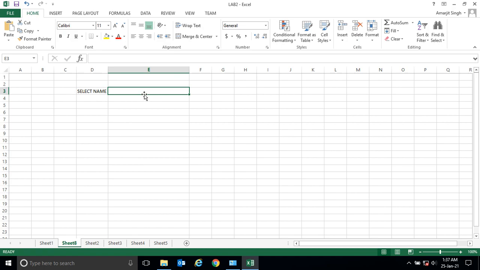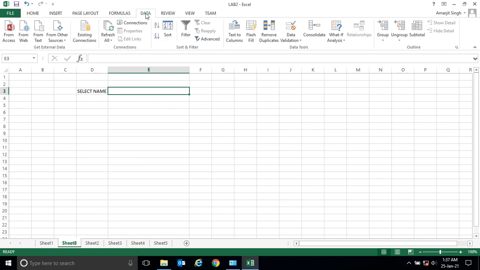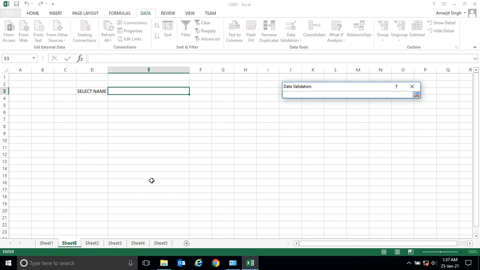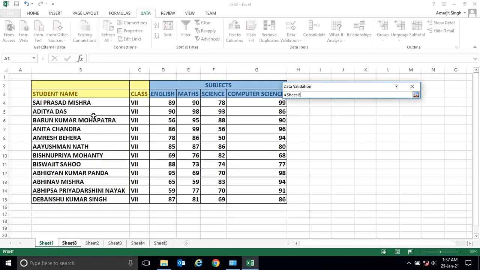How to bind the names we have already seen using the data validation section. Just click on Data, go to Data Validation. Now select List. Now in Source you have to select the Sheet1 values.